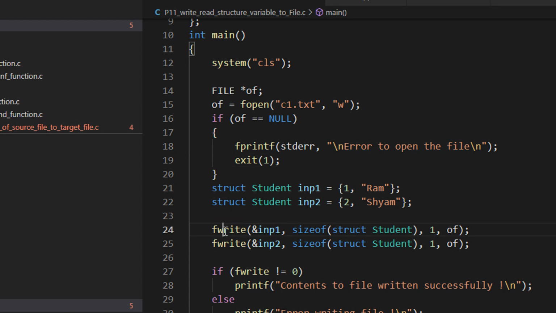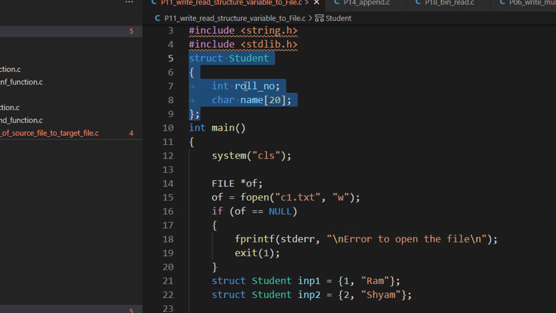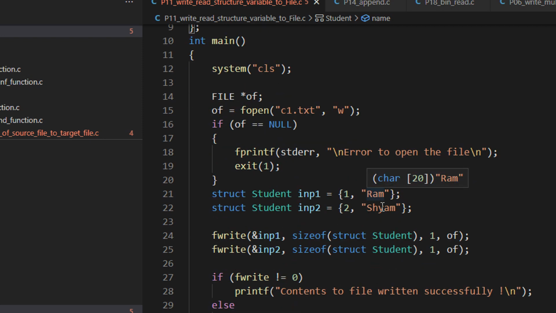So in this particular case, we write using the fwrite command. Fine. So fwrite is basically the file write command. We have seen printf and all these things. We can also use the fwrite command to write into the file. And how do you write into the file? You take this object, take a reference to that object, define the size of the structure, right? So this particular object will take the size of the whole structure element. What is the size? 4 bytes plus 20. So it will take 24 bytes. And we are writing everything to the output file, right? You can just see the syntax of fwrite.